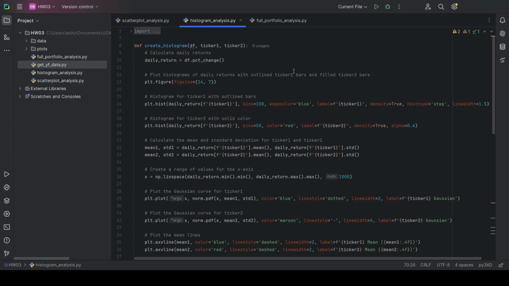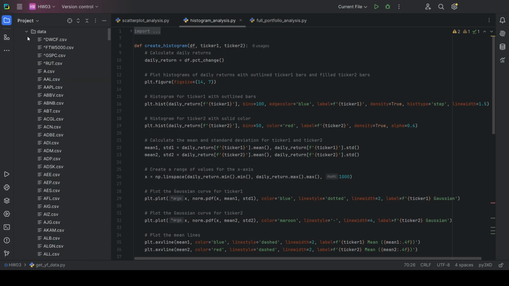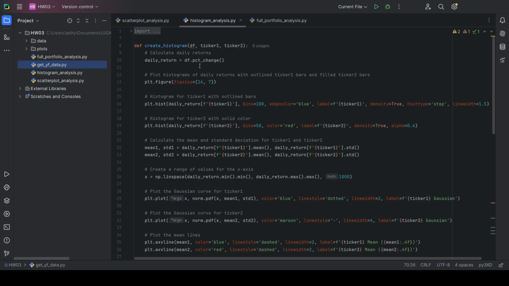So for homework 3, I created 3 files. First, I used this getyfdata.python file from last week's homework to get the data files for all of the stocks that we needed to work with. So first, I created this histogram analysis.python file, and in it I created a create histogram method that